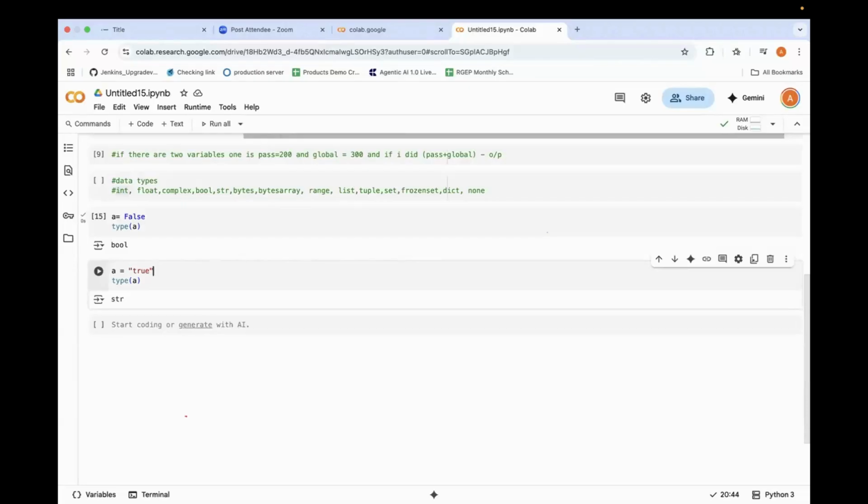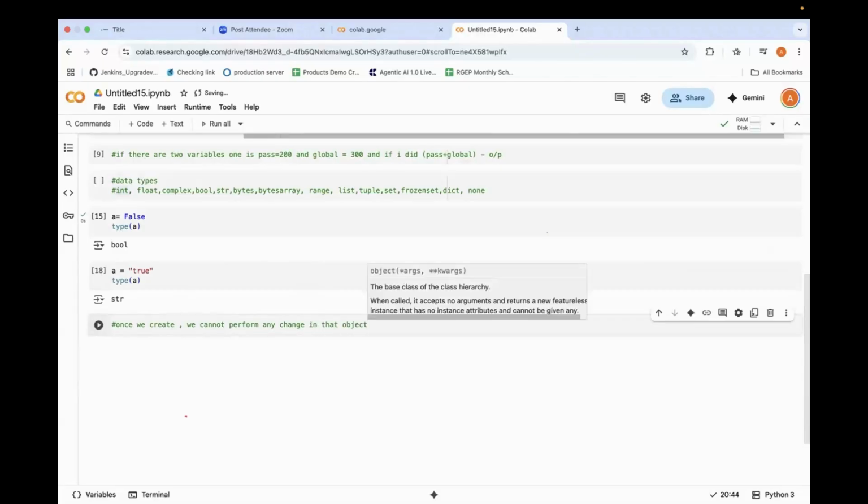Okay. Before going to the next data type, we are going to see data types versus immutability. What is immutability? All fundamental data types are immutable. Let's understand this. I'll write the definition. Once we create an object, we cannot change it.